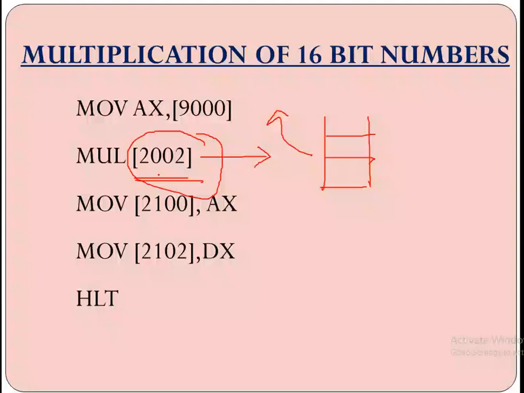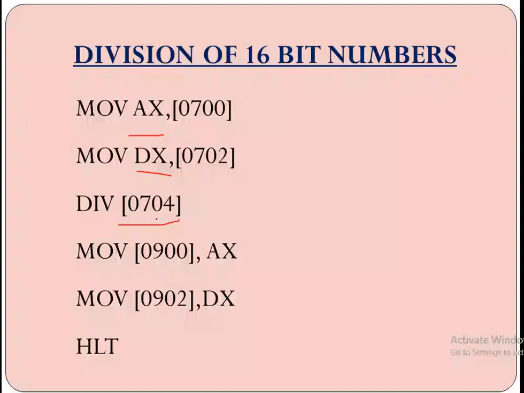Now you see here it is division. If it is division, the same procedure only. What you are going to do is, instead of the BX register, I am taking the DX register. We use the DX register mostly here, but if you are taking the BX register, there is nothing wrong. You can take it, no problem. The same thing only: you divide from the memory location, whatever division factor you have to give. Instead of multiplication, you are going to say division. That's all.